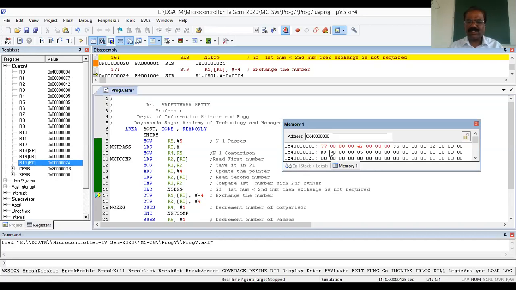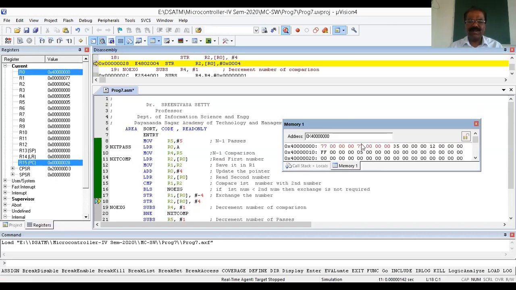Means it gives the address of the first number. So just look here. First use this address. Okay, then decrement. Now see, if I'm going to execute this instruction, now see 77. R1 contains 77. That R1 goes to the memory pointed by R0. Then after that, R0 is decremented by 4. Initially 04 becomes 00. Understood this point?